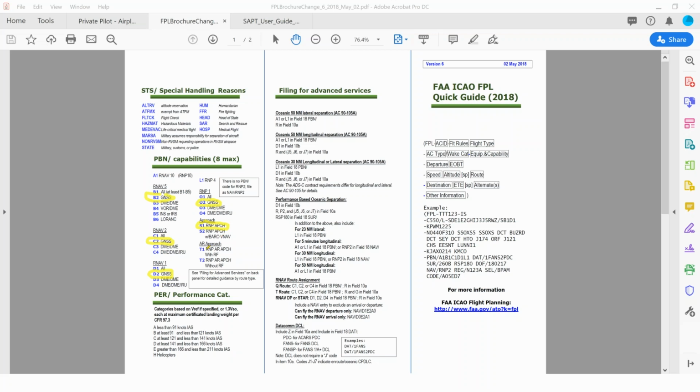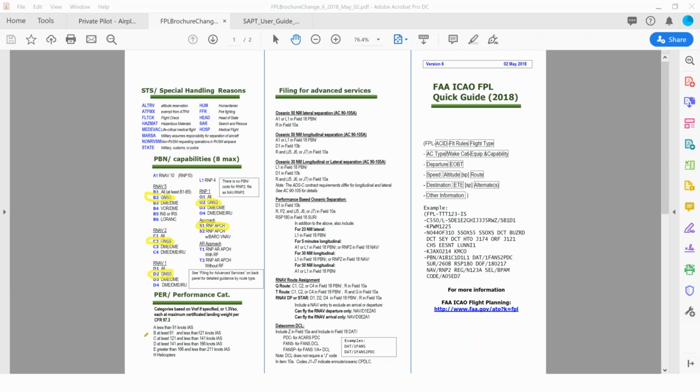And then the authorization required approach, I don't know of any general aviation aircraft, piston variety, that are going to fall into that category, so you're not going to select that. So you're going to have B2, C2, D2, O2, and S1 on your PBN capabilities.